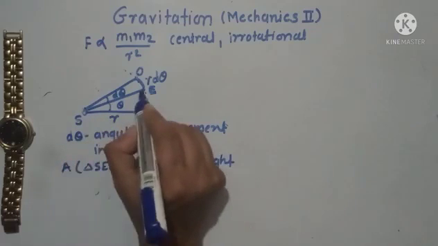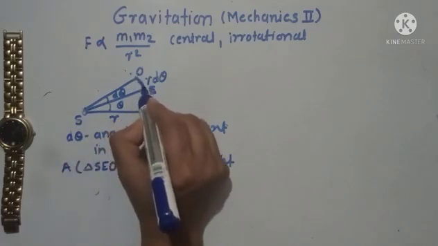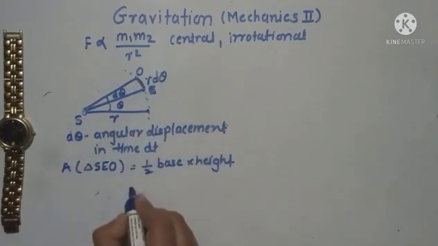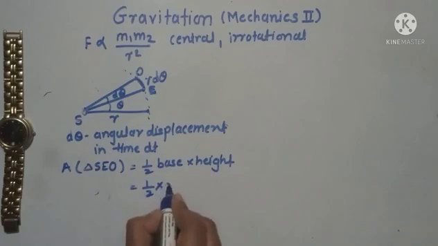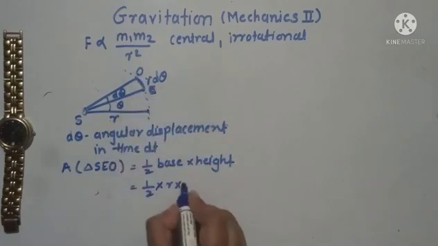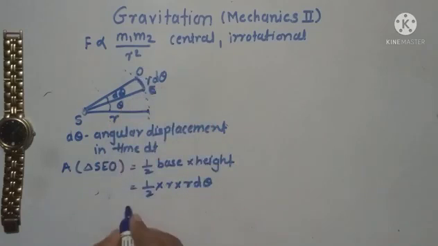Now, this is the base of the triangle and this is the height. So r is the base and the height is r d theta, which gives 1/2 r